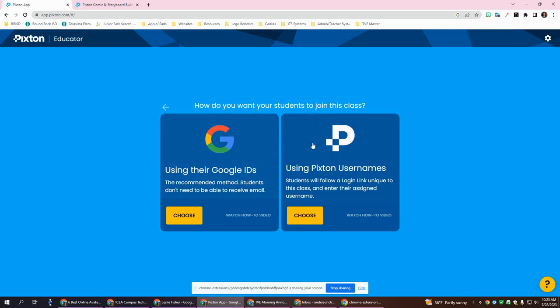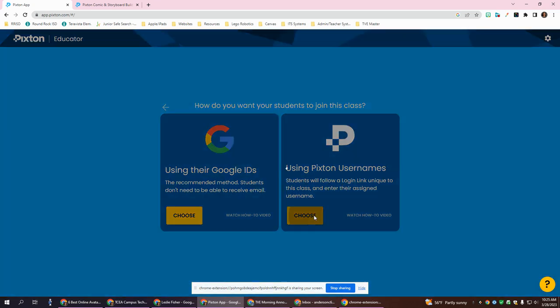Now, this is going to be important here. You can either choose using their Google IDs or using Pixton usernames. The students are not supposed to log in with their Google ID, so please do not choose this. You're going to need to use the Pixton username. You will have to add your students one by one and then send them their username and the link. But that's the only way that it's approved. It's not approved for students to have their own account with their Google username. So we're going to choose this one,